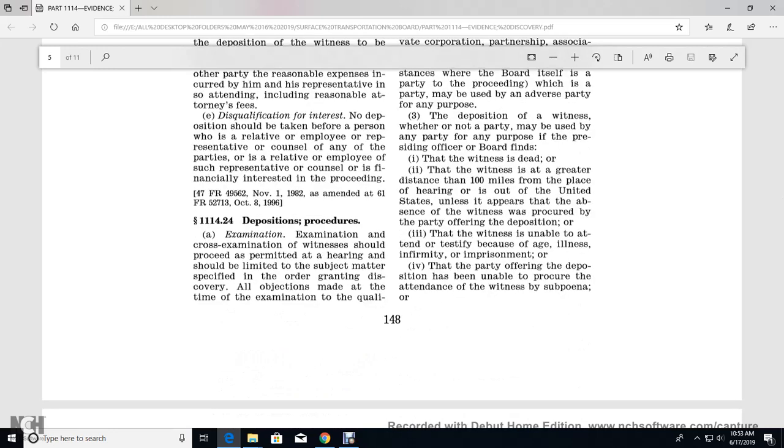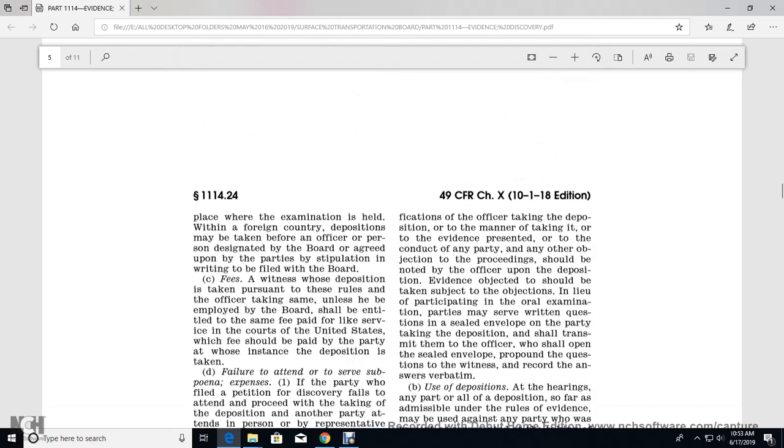11.14.24. The deposition should proceed with the examination and cross-examination of the witness. It is permitted with the hearing, limited to the subject matter specified in the order granting the discovery. Objections made at the time of the examination to the qualification of the officer taking the deposition, the manner of the taking, and the evidence presented with it